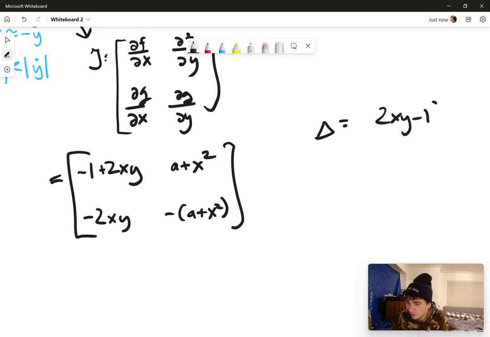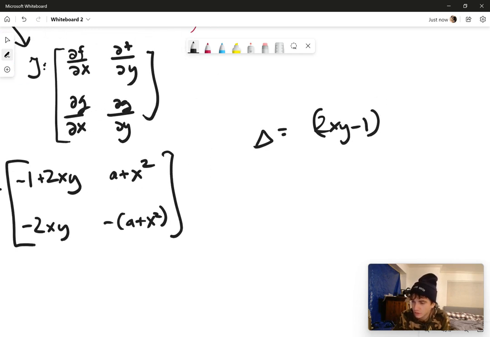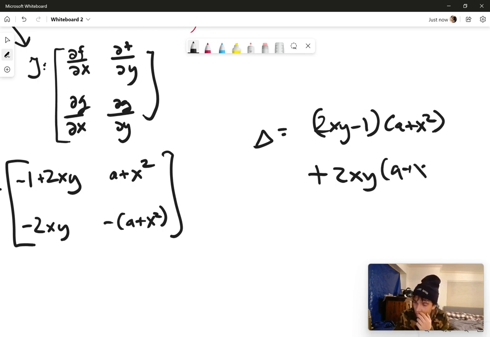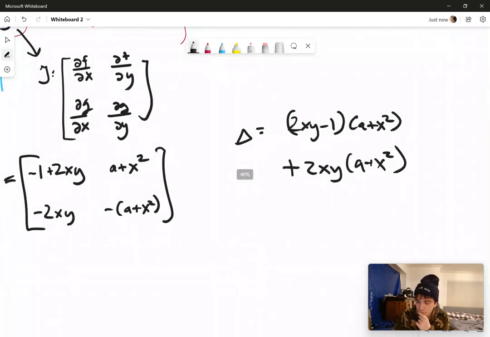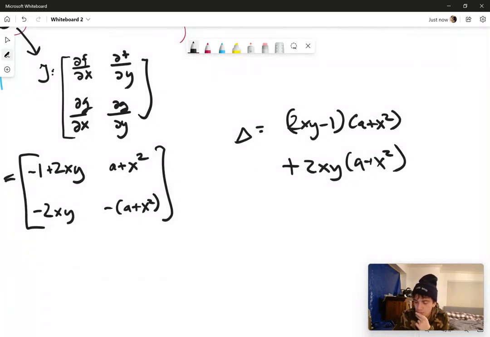Okay, so the determinant of the Jacobian, I'm going to have 2xy minus 1 times a plus x squared, minus plus 2xy times a plus x squared. Okay. Hoping it'd be a bit easier than that, but